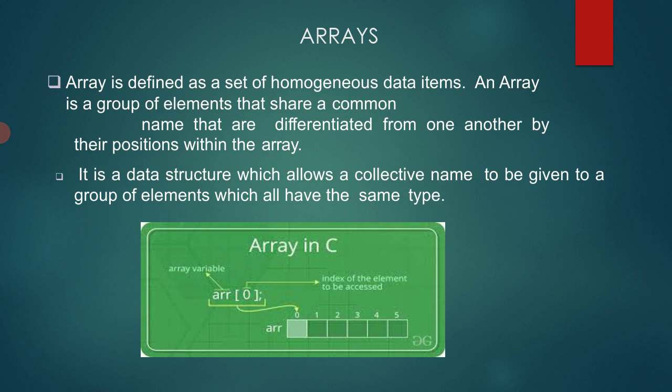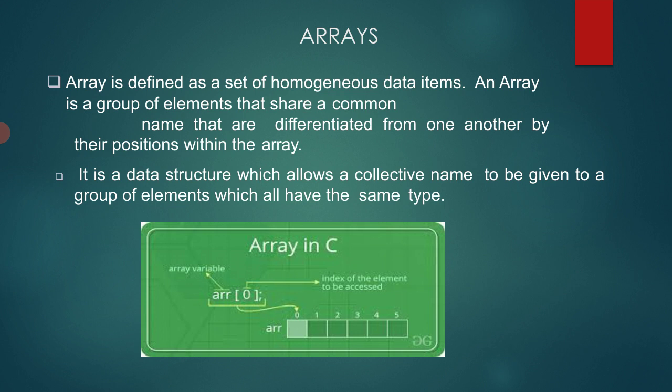An array is a group of elements that share a common name, that are differentiated from one another by their positions within the array. So in case of array we can store elements by referring their index number. So look at the example, look at the image that I have taken. For example, there is an array whose name is ARR. You can set the name of the array according to your choice. So ARR is the name of the array, and